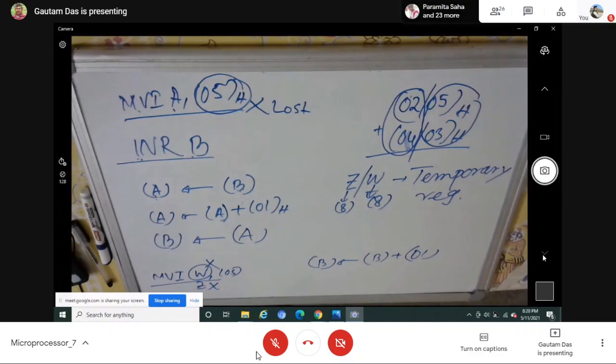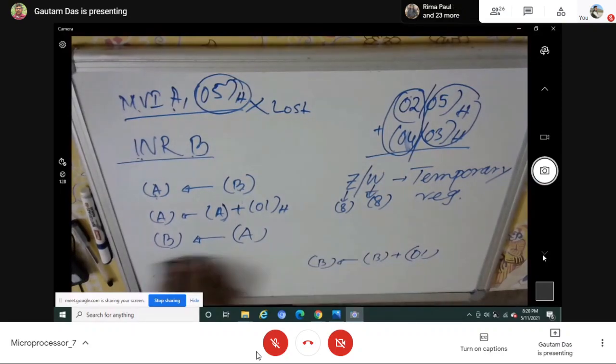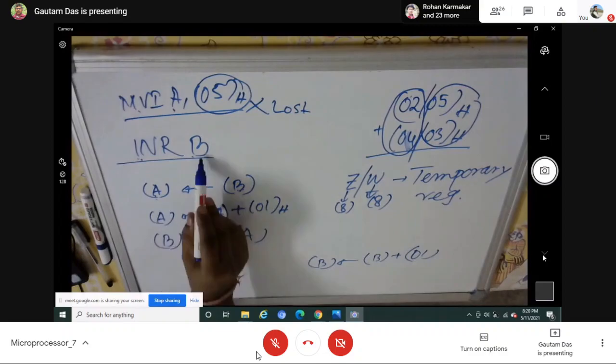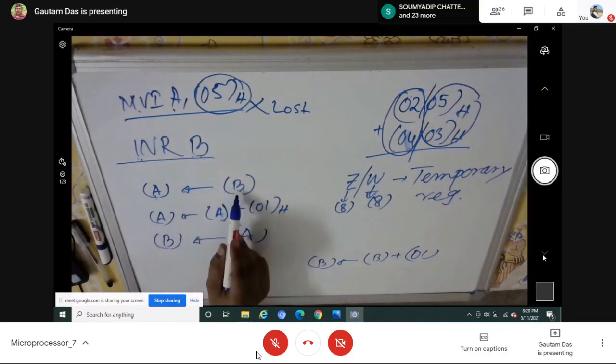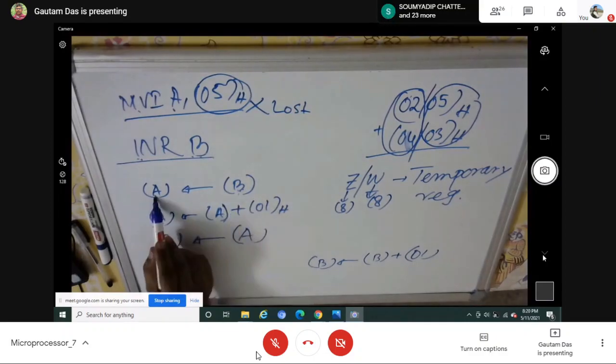Then what is the purpose of these two registers? These two registers will be used by the processor internally. You cannot use them, the processor can use them whenever it wants to store some data. And here, for this INR operation, this temporary register is used by the processor. B content should be incremented by 1 and it should be performed at A, so B must be transferred to A. Whenever B is transferred to A, the content is deleted. The processor will not do that.